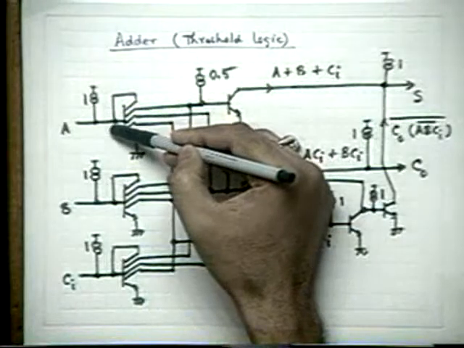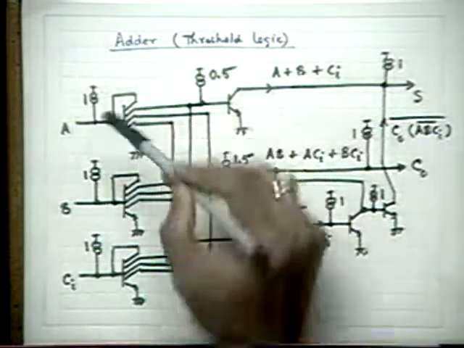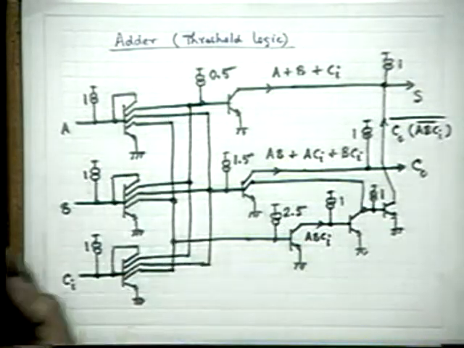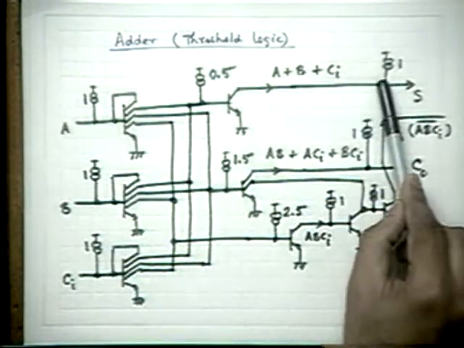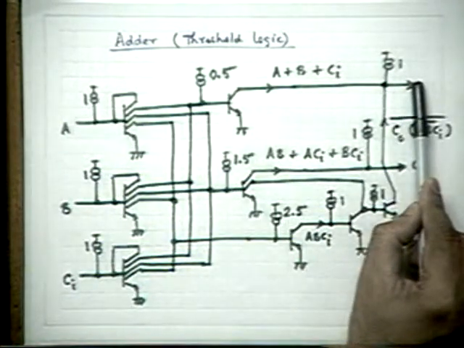In order to avoid that, in normal design, I assume that everything is fed by I, just I injected. But in that case, this feedback really is serving a magic. Just putting this feedback, this thing cannot draw more than 1. Please, each transistor will draw 0.5, any value less than 1, but never more than 1. This is the current mirror principle. And then you see that I have done exactly the same thing which I did earlier. You see that this is a wired AND, this one and this one being ANDed to produce the S function.